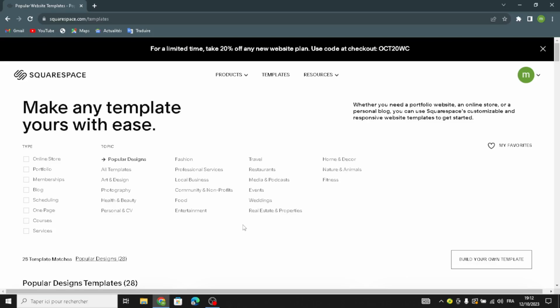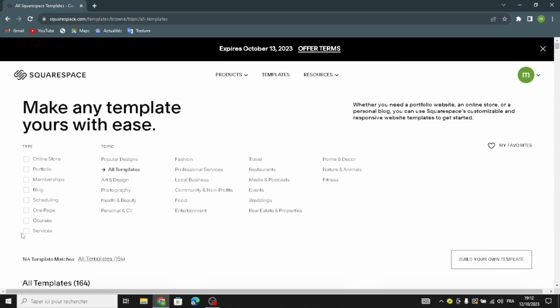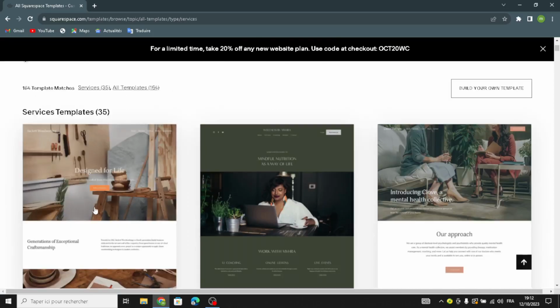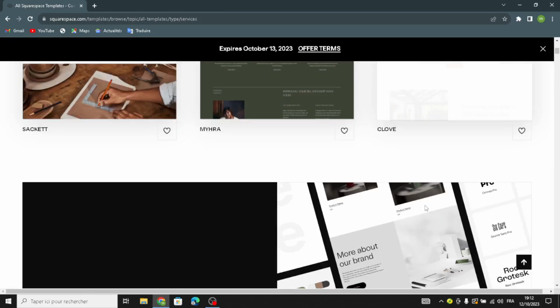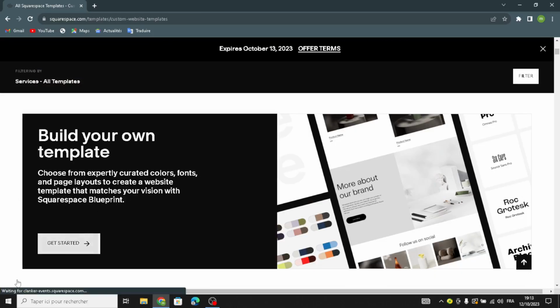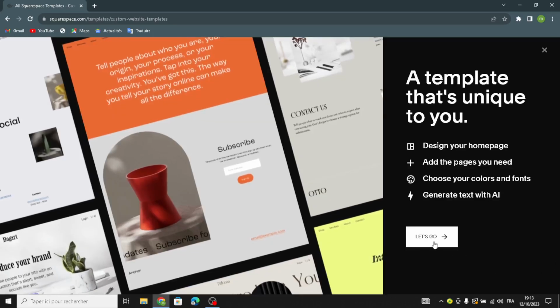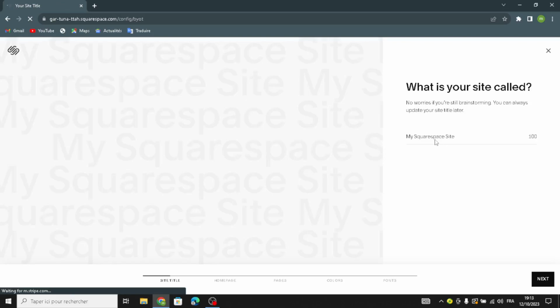So the first thing here, the topic isn't here, so you can just type all templates, and then type it might be services. So you can choose to start with one of these templates here, or if you want to build your own templates from here. So let's get started and let's go. So here you can type your business name,